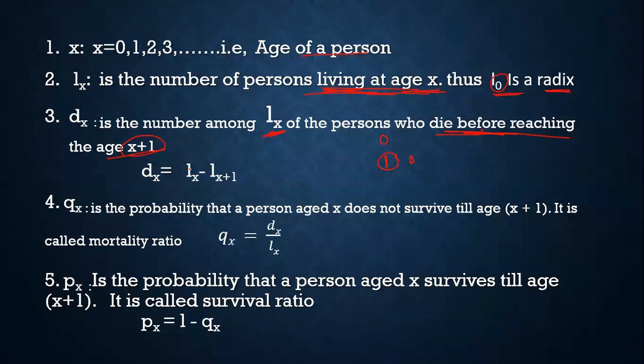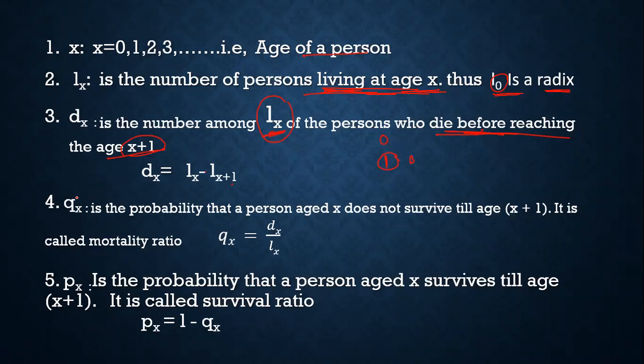So what is the formula? It is LX, the number of persons living at the age X, minus LX plus 1. So that is all about DX. Hope you all are understanding, students, the difference between LX and DX. LX is the persons living, surviving, at the age of each particular age group; for the 0th year, first year, second year, each age group we consider. DX is the persons who, before they could reach the next age group, may die. That has to be calculated with the help of DX.